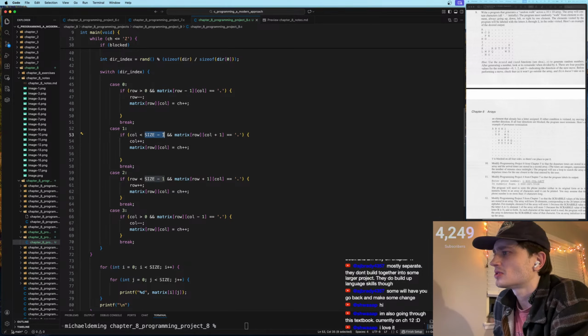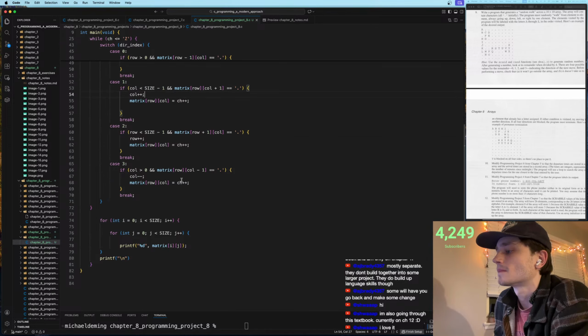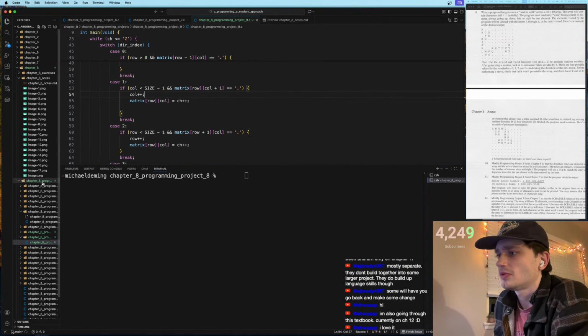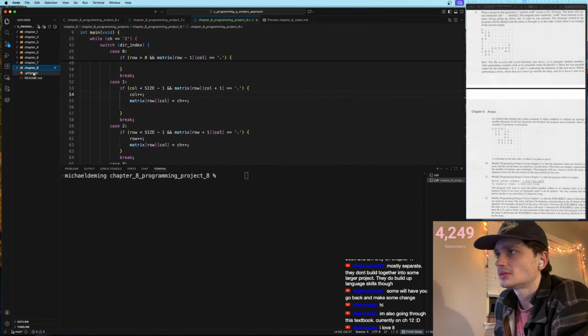Size 10 minus 1 is 9. Column has to be less than or equal to 9. No, not column less than 1. Has to be just less than size minus 1, 9, in order for us to make that move. Okay, so then I think if we run this guy here,